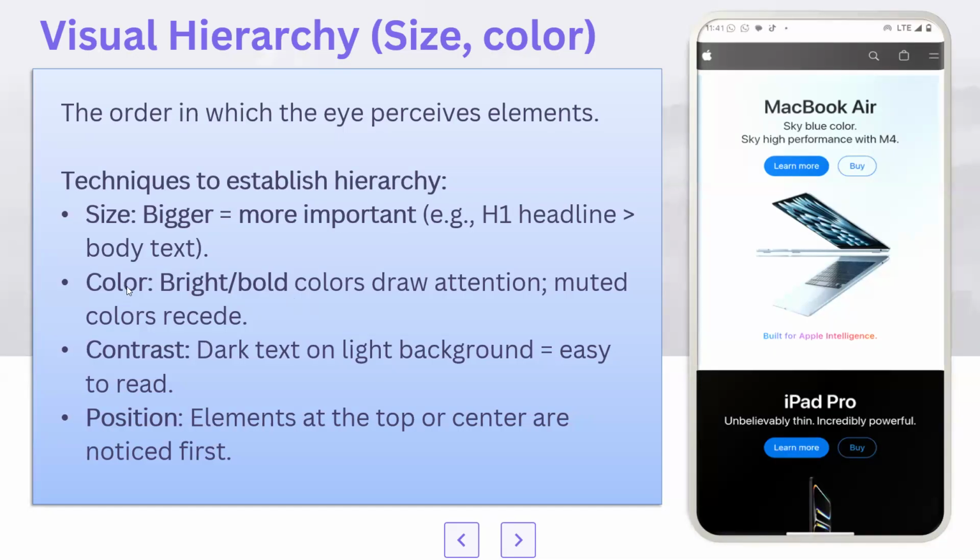So we can use color by trying to utilize bright or bold colors to draw attention. MacBook Air, besides being large in size, is appearing in bold. So meaning it draws attention. So if you're going to create information on the web page, you may have to consider bolding some content, changing